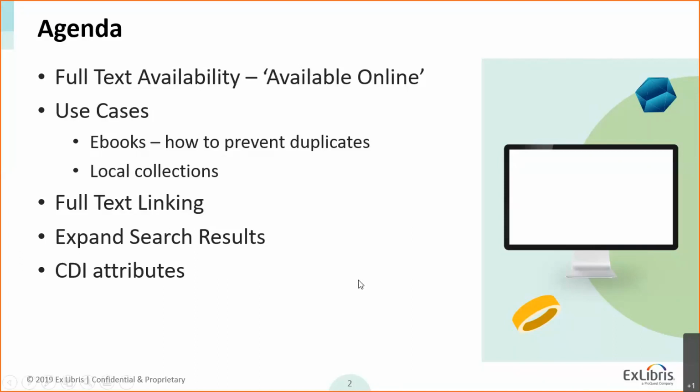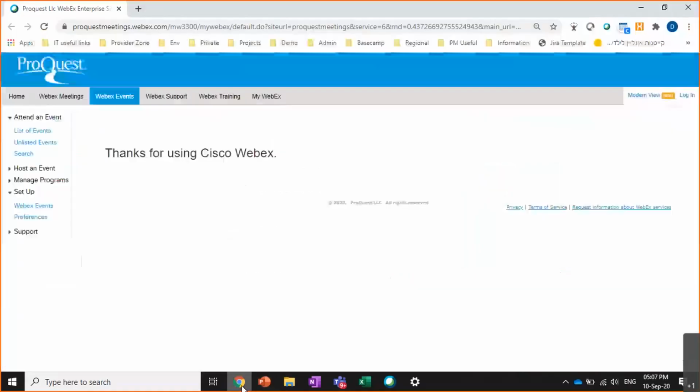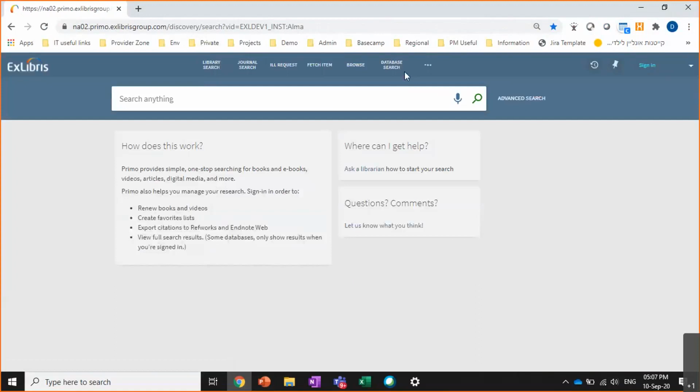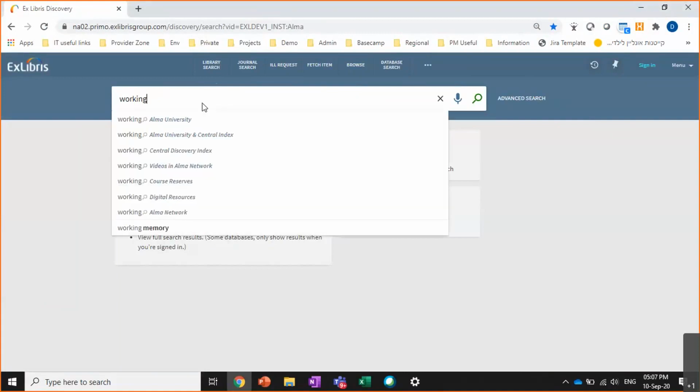I would like to start with a short demo of CDI in our demo environment. As you can see, I accessed the Primo Discovery Index, and I would like to perform a search in CDI to illustrate what we want to focus on in this session.